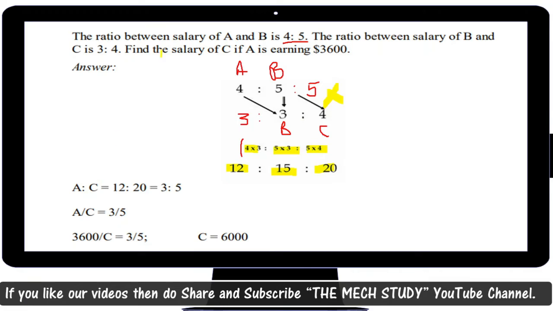Then, for the total ratio, they have provided the data, like A earning $36,000. Then you need to calculate the salary of C. So A is to C, you need to calculate 12:20, which is mentioned over here, and you need to simplify it. You will end up with 3:5. And since the data for A is given in the question itself, you will definitely find the value of C, because with 3:5, if you put A as $3,600, the final answer for C will be around